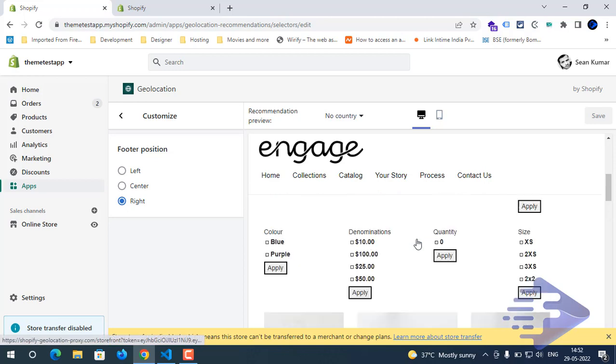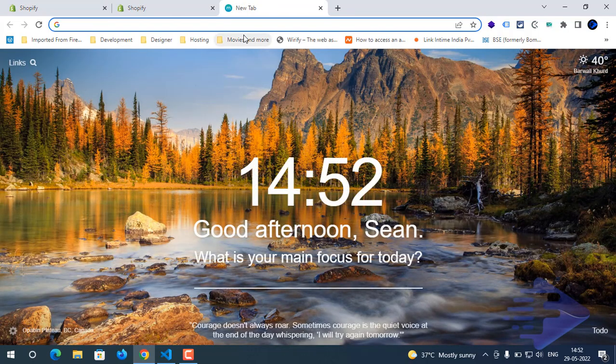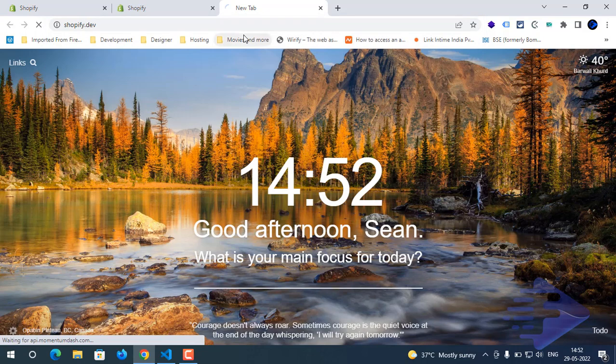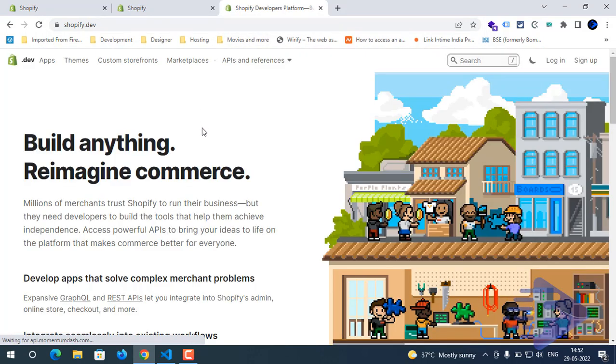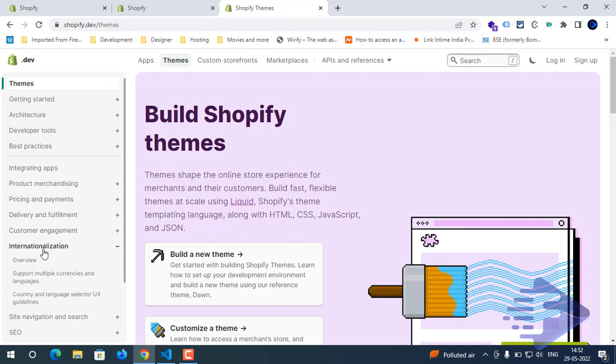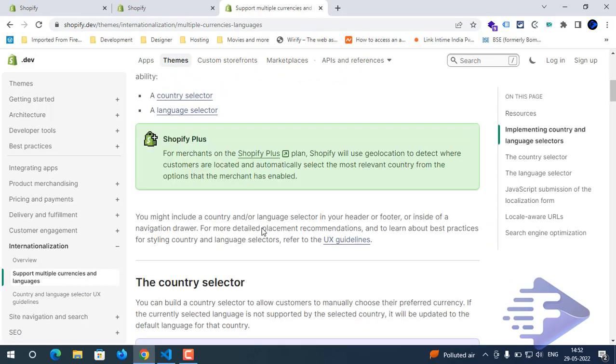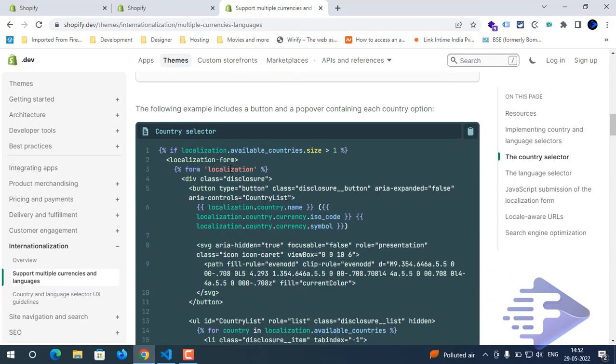If you like, you can also create this on your own. For that you have to go to Shopify dev, then theme. In theme there is internationalization, and then support multiple currencies and languages. So this is the form. I'm going to copy this,